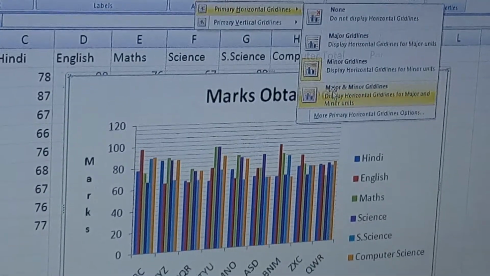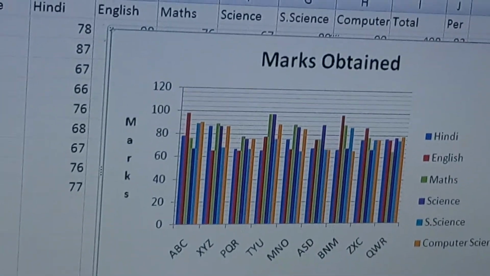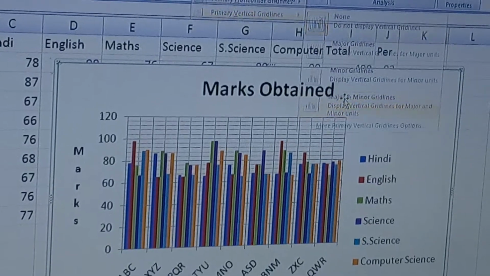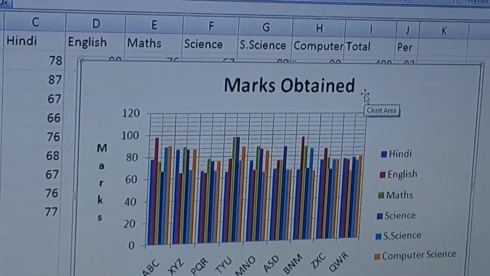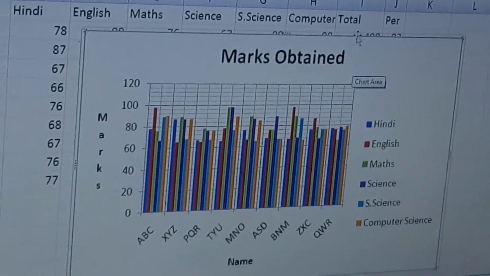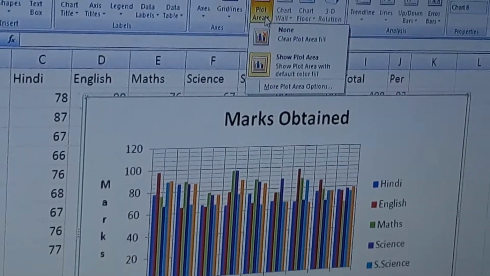If you want both, then it is major and minor. What is the advantage of using grid lines? It makes the work easier to study. It appears like a chart paper for the representation.